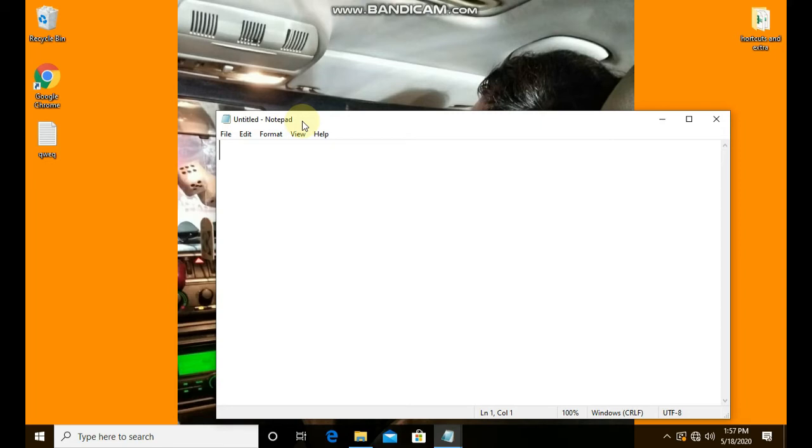Title bar is a horizontal bar located at the top of a window. In a GUI, it displays the title of the software and the name of the current document. You can see here Untitled. It means we haven't given any title up to now. From it you can easily judge we have opened Notepad.